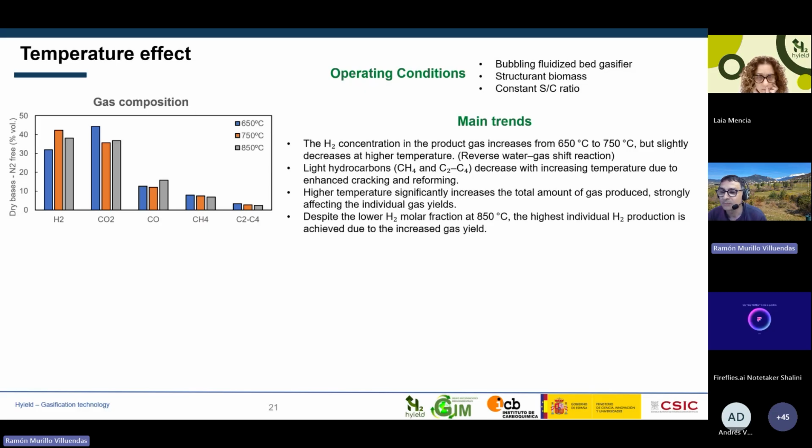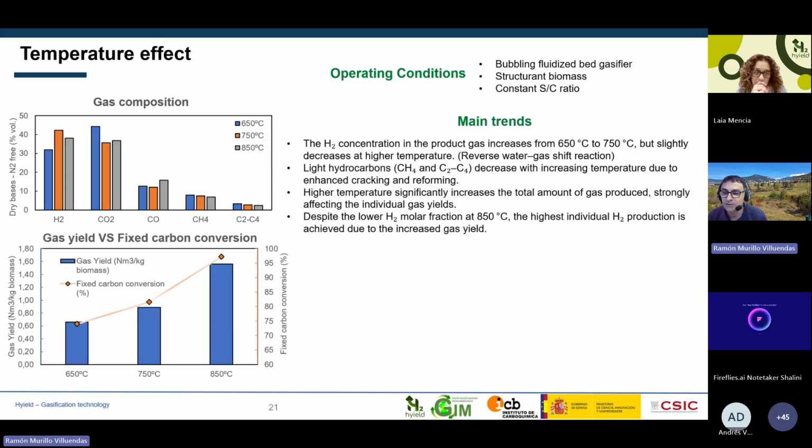to hydrogen consumption. At the same time, light hydrocarbons, such as methane and C2 to C4 compounds, clearly decrease as temperature increases. This trend reflects the enhancement of thermal cracking and steam reforming reactions, which promote the decomposition of hydrocarbons into smaller gaseous species. When temperature is increased, a significant rise in the total amount of gas produced is also